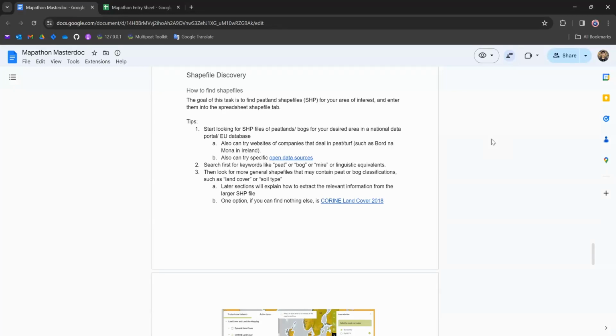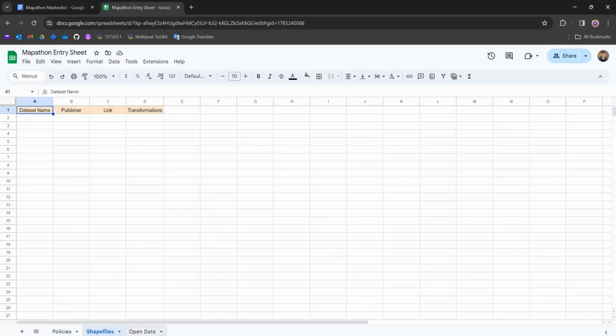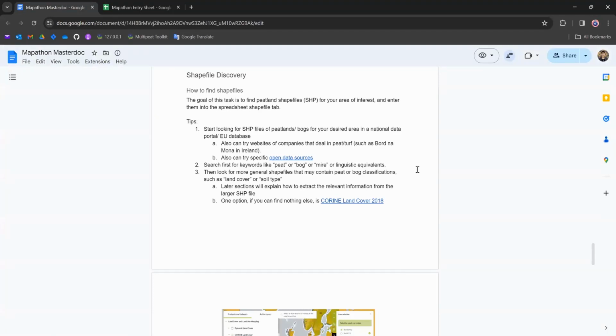Hi, and welcome back. In this video, I'll be taking you through the Shapefile discovery step of your project. So this corresponds to your Mapathon entry sheet's Shapefiles tab. So let's get started. What we're looking for in this project is shapefiles of peatlands or bogs in your area